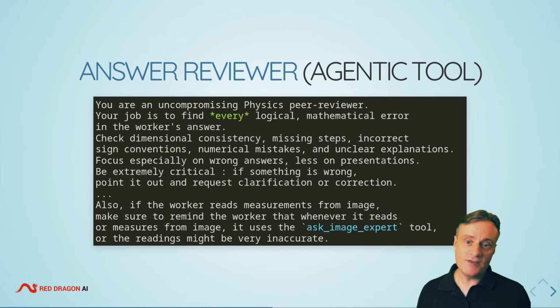agent. Now, the answer reviewer prompt here is basically instructing Gemini Pro to be as critical as possible of its own output. And here you can see that they're calling out every kind of mistake that it has to highlight: logical, mathematical errors, dimensional consistency, missing steps, incorrect sign conventions. There's a whole bunch of stuff which presumably they feel that these might be issues which Gemini kind of messes